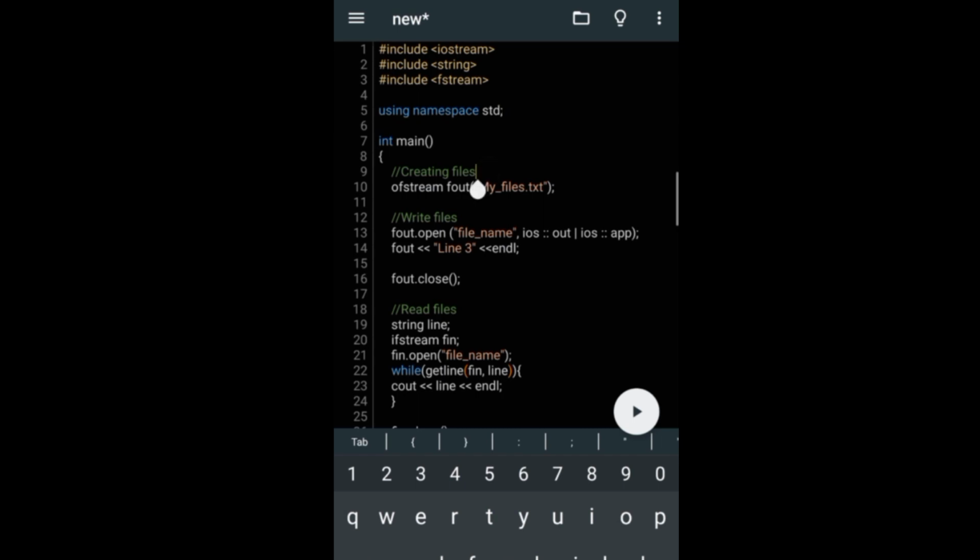So, first, creating a file, so we can use ofstream. Create object na fout, then tatawagin natin si constructor ni ofstream na class or data type. So, ipapasok ko dito yung file name natin na myfiles.txt. Then, pag Visual Studio ang gamit, pwedeng tignan sa Solution Explorer, click mo lang yung Show All Files at